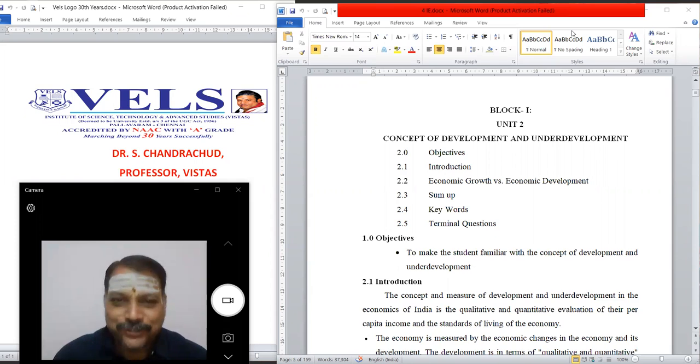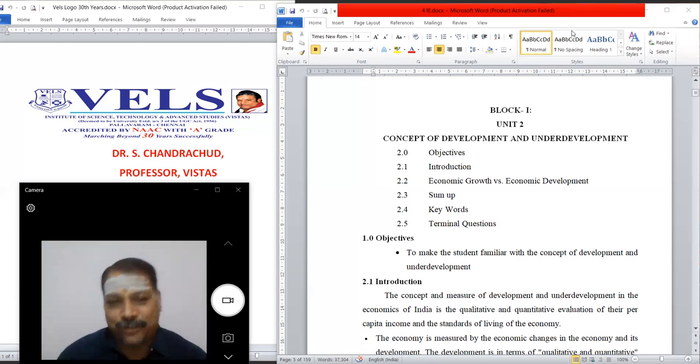Today we are going to discuss a new concept called development and underdevelopment. This is Unit 2 of Indian economy. In the last class, we studied the basic issues in economic development and economic growth. In this class, after knowing the two terms, development and underdevelopment, we are going to distinguish between the two terms, economic